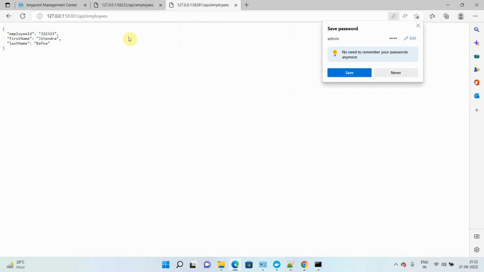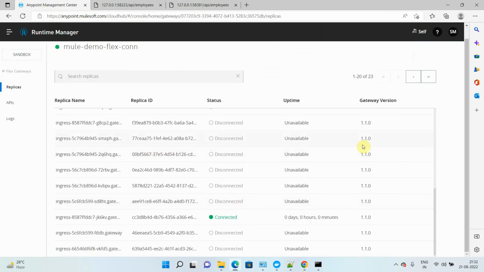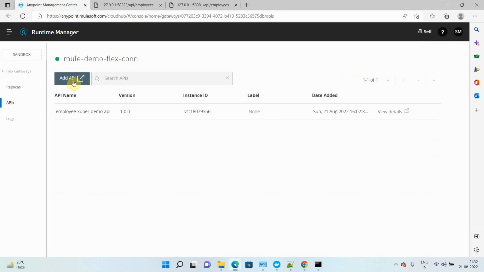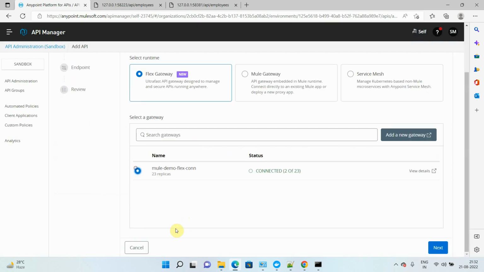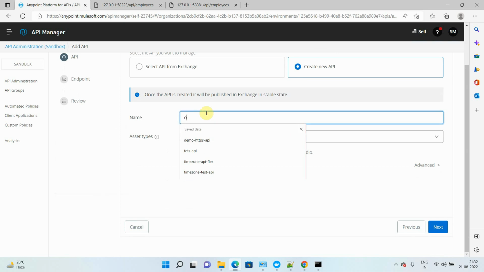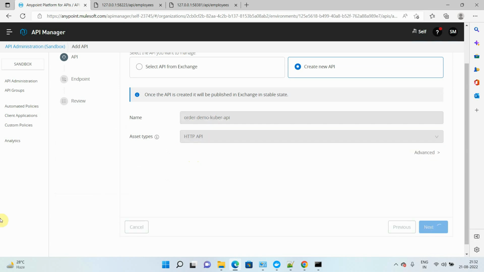Now I want to publish my order API, right? So I will go back to my Flex Gateway and you can see there might be multiple replicas running. APIs, add APIs, and I will select the Flex Gateway. Next, create new API. I will say order demo kuber API and asset type equals to HTTP API. Next,